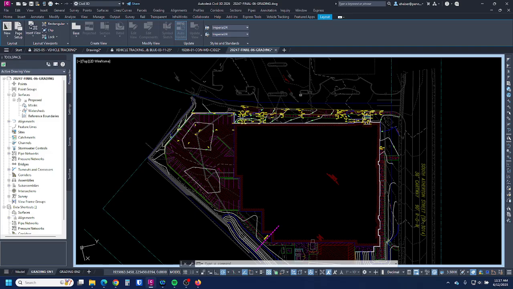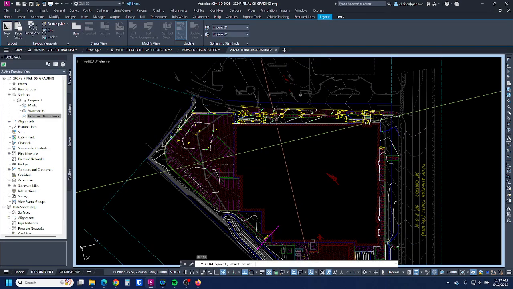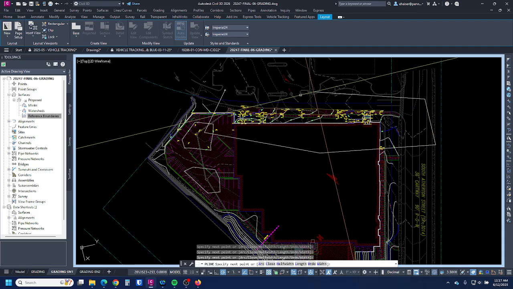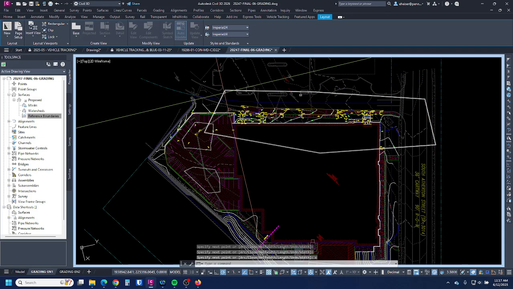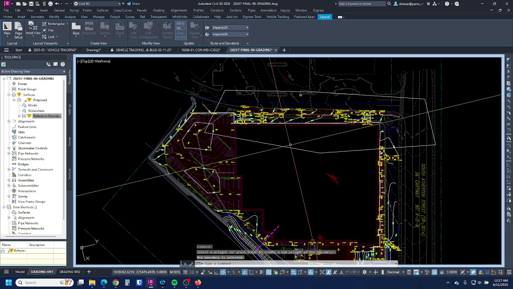Now, whenever you expand that, there is a reference boundary in the definition. And if I wanted to add a reference boundary, I'm just going to draw a quick polyline. Let's say I want to use that polyline as the boundary for the surface. All I have to do is right-click on reference boundaries and click Add, and then click my polyline,